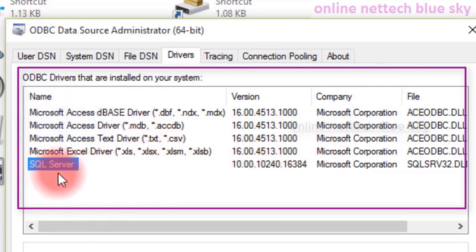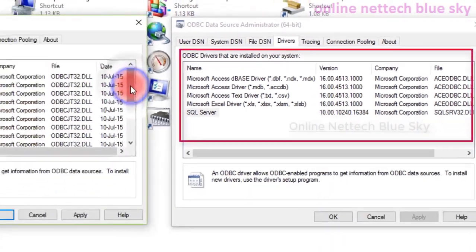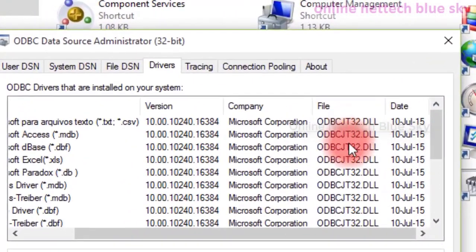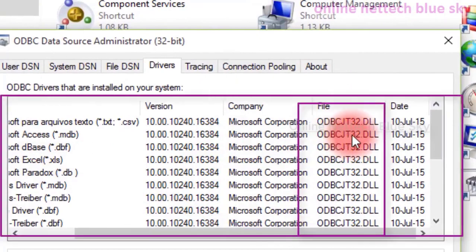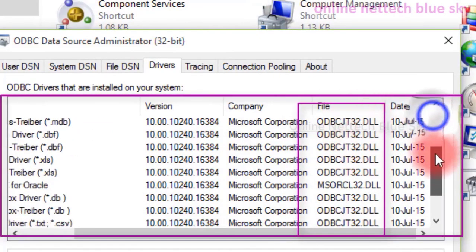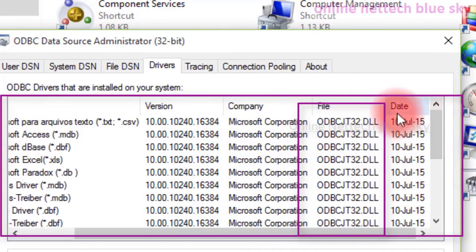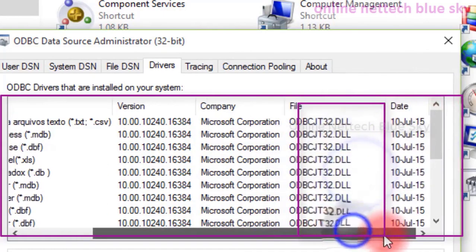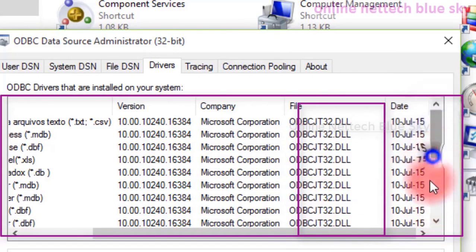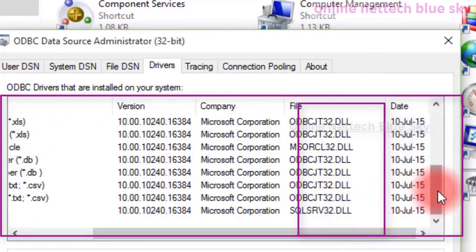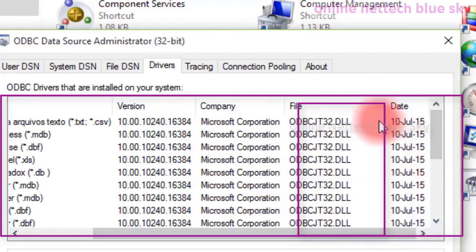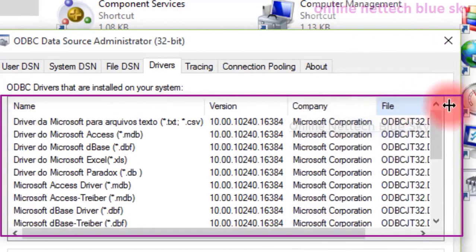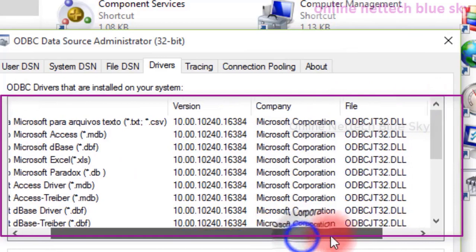You can see here SQL Server. What is SQL Server I will discuss in a server series, but it is one type of server. You can see that 32-bit has many more driver files, because 32-bit is most used for 32-bit systems, and some services do not start for 64-bit and I'm not using them. For this reason there are a lot of files here.